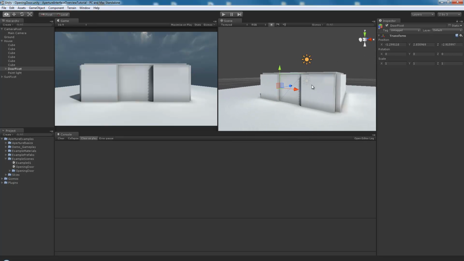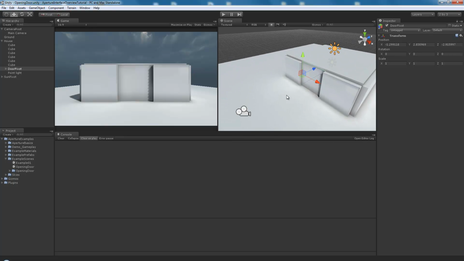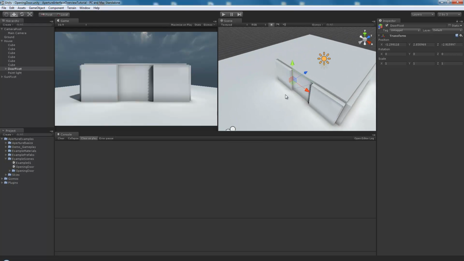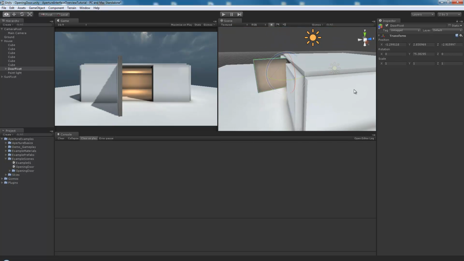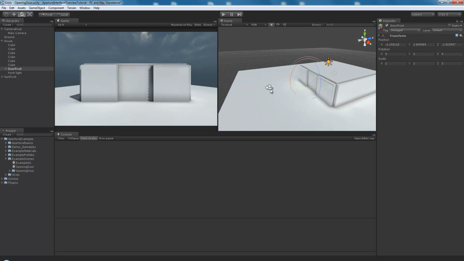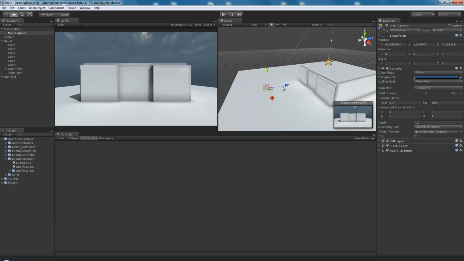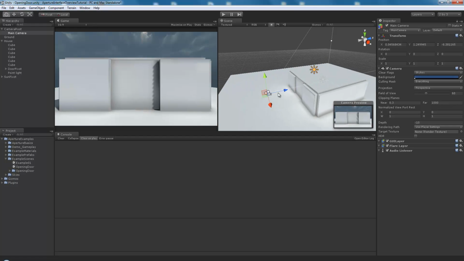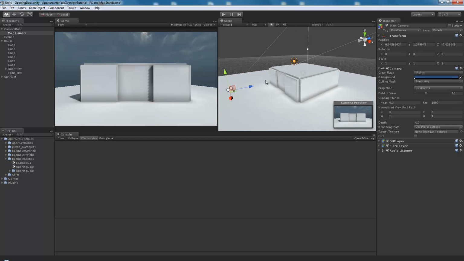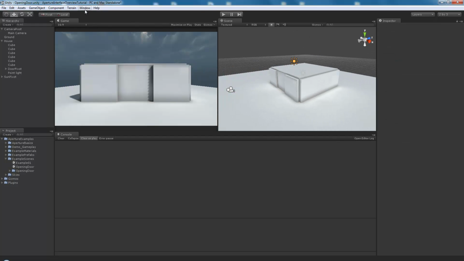So I've already set up this simple scene that has a door with a pivot so that it can open just by rotating it, and a small room inside, and a camera. So the first thing I'm going to do is open up the cutscene editor, which you can